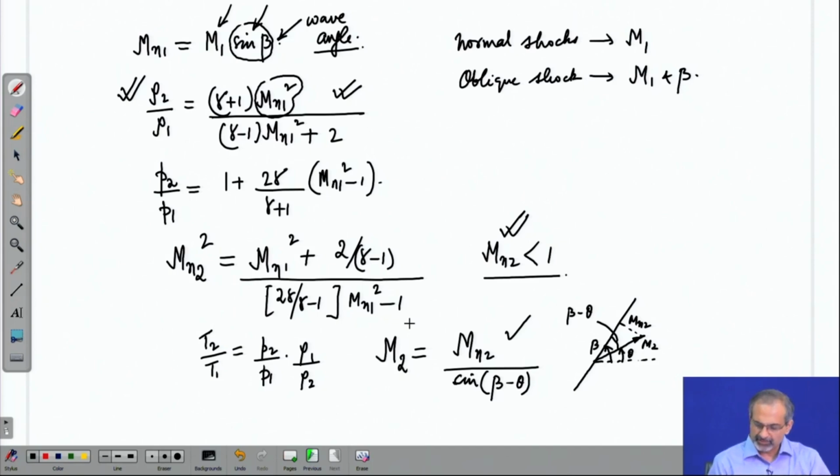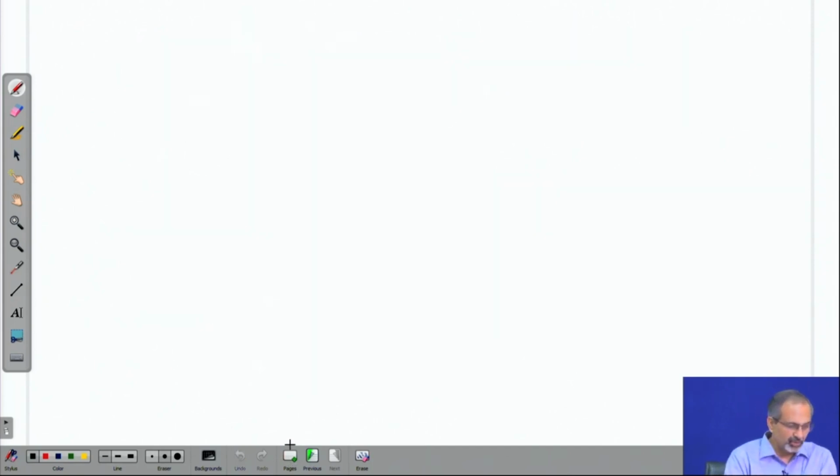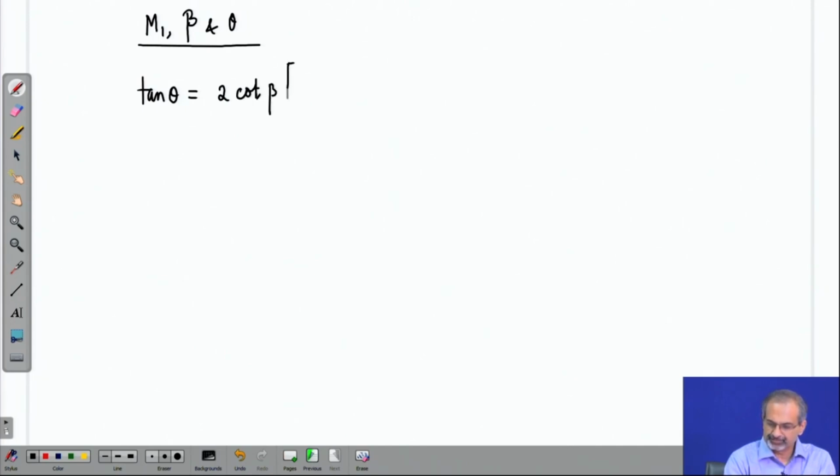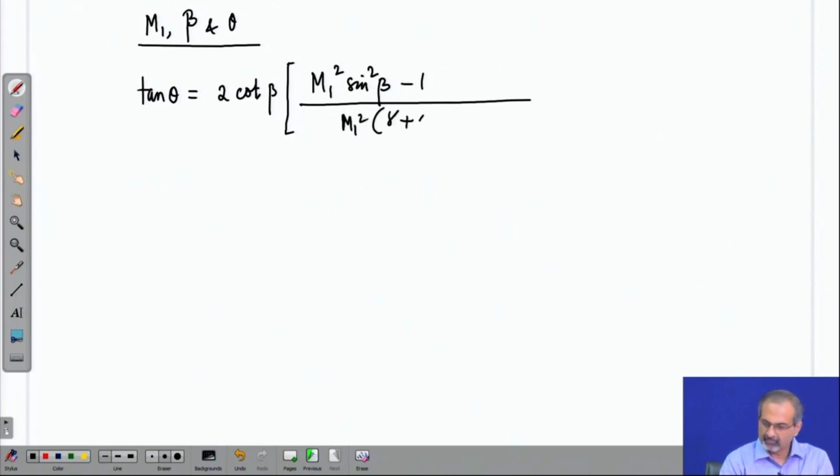There are some more observations, but before that, let us look at another very important relation which connects M1, beta and theta. So, there is basically a connection between these three parameters. Without deriving it, we are just stating the final relation. So, this is the relation, popularly known as the theta-beta-M relation,